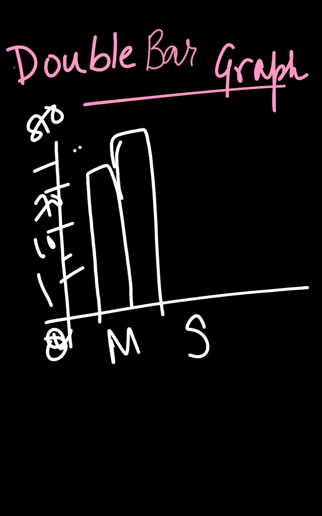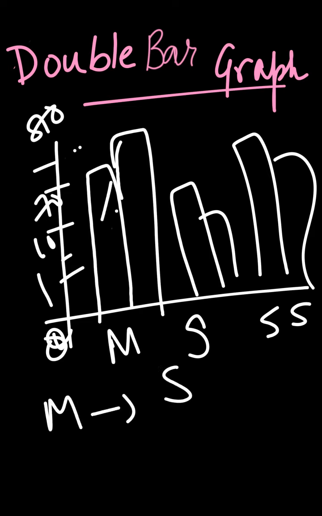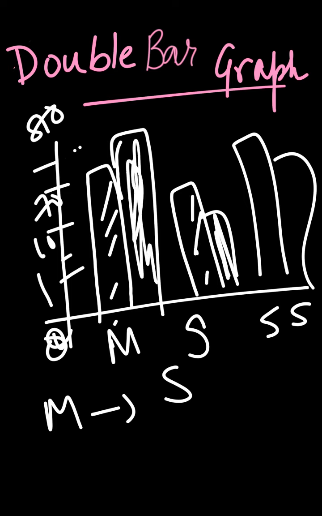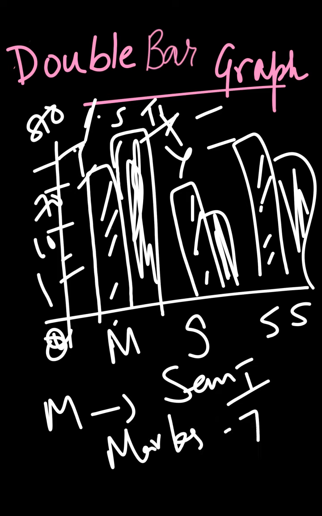And again you will have science like this and like this, and social studies, some graph you used to have, and how many marks you got in maths in sem 1. So this would be colored like this, and the other would be left like this. We used to write the scale, x-axis, y-axis. If you are asked, this is sem 1, and this is sem 2. So for the maths sem 1 marks, you will say by seeing that it is 70 marks. Okay, this is about the double bar graph.